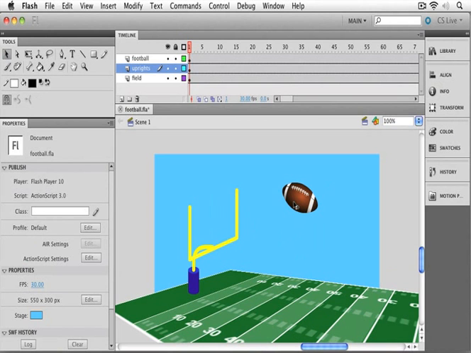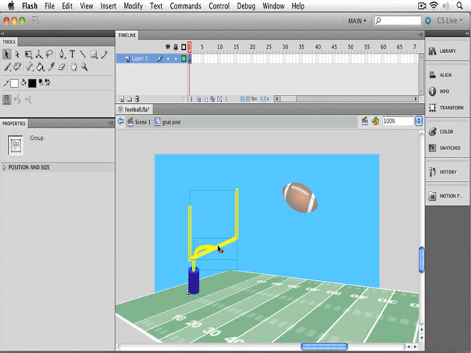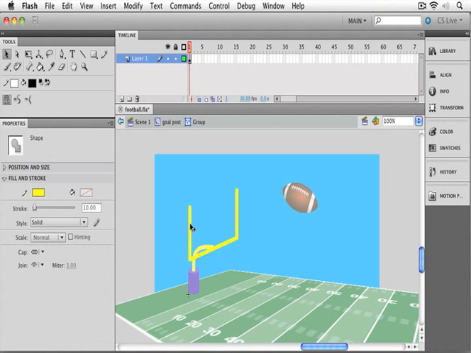Let me zoom in just a little bit, and we'll see if we've got our scene set up properly. We can see that the 3D tools do a much more convincing job of creating perspective. In fact, it looks like my goalpost is a little bit tweaked right now. Now, this is just a normal 2D object, but now that I see the lines, I can just double-click to edit it. And you can see that the goalpost upper point is just a group inside there. So I'm going to double-click to go inside that group. I think I have to click away first, select it by itself, double-click, and then I can edit these lines